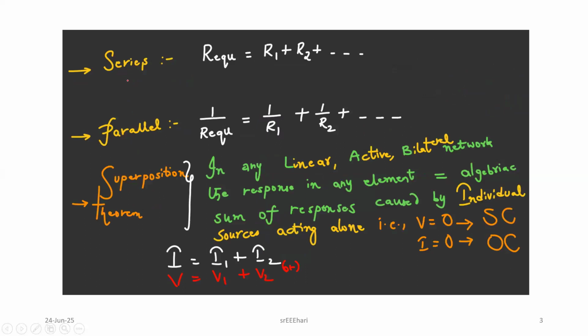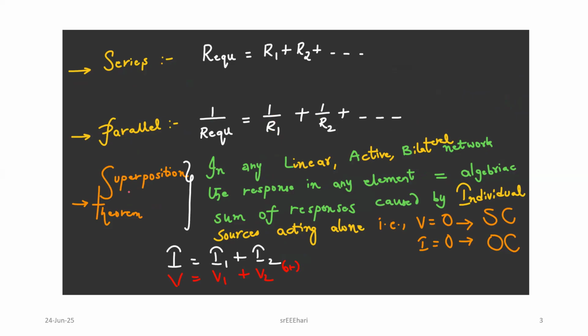Coming to series and parallel connection. In a series connection, the current is the same and the voltage divides, and the equivalent resistance is R equivalent equal to R1 plus R2 plus R3, and so on. In a parallel connection, 1 upon R equivalent is equal to 1 upon R1 plus 1 upon R2, and so on. If you come across any numerical, just write these formulas so that you can gain some marks